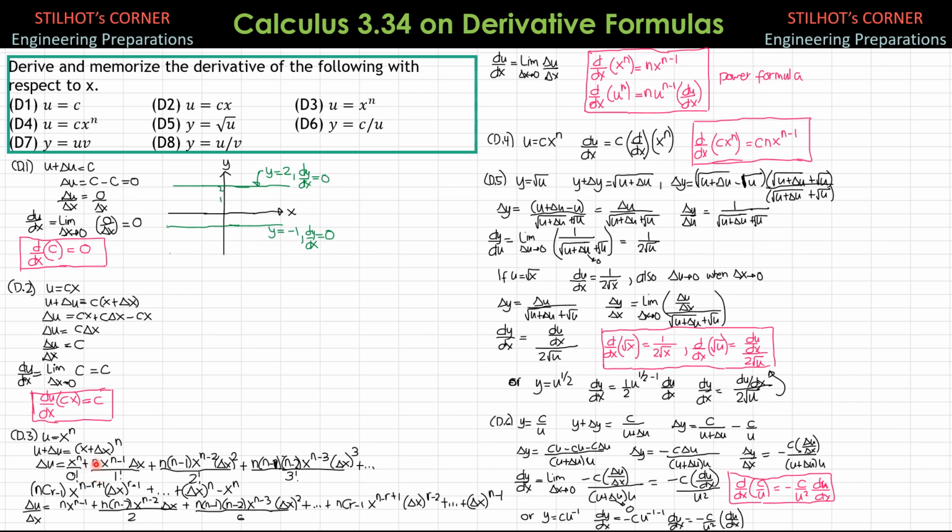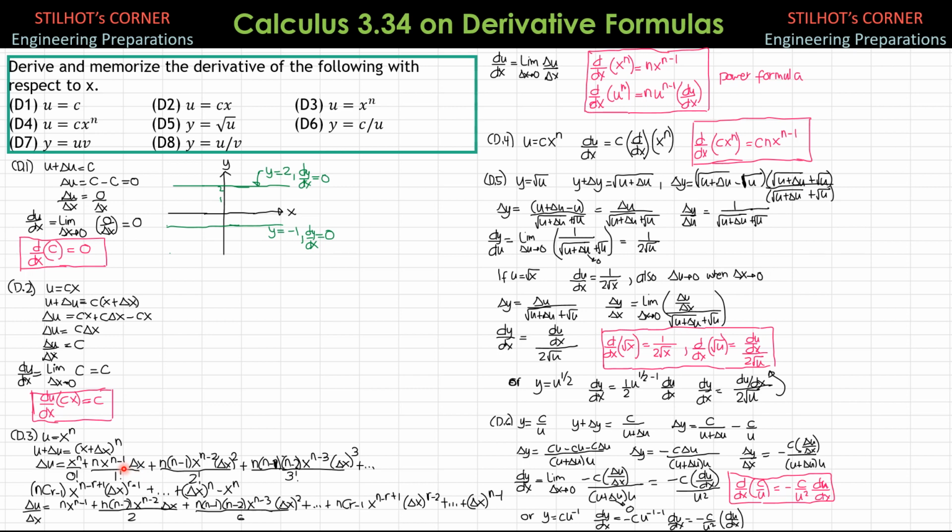So next is n, which is this. Then take note that the properties of the expansion are: the exponent of the first term decreases by 1 from n to 0, while the exponent of the second term, delta x, increases by 1 from 0 to n. So that's why delta x to the 0 is 1, and it does not appear here because delta x to the 0 is still 1. So this time we have n x to the n minus 1. The exponent of x decreases by 1.